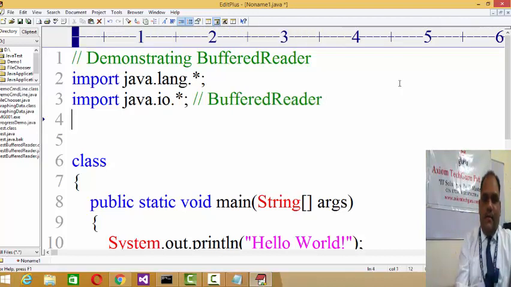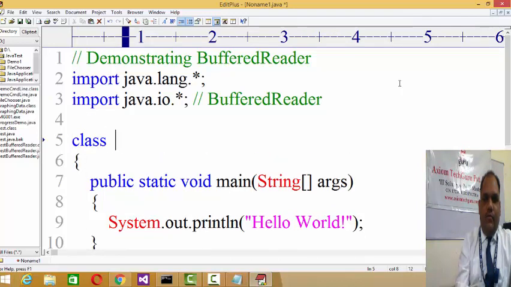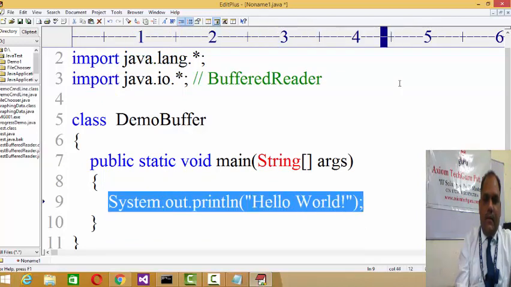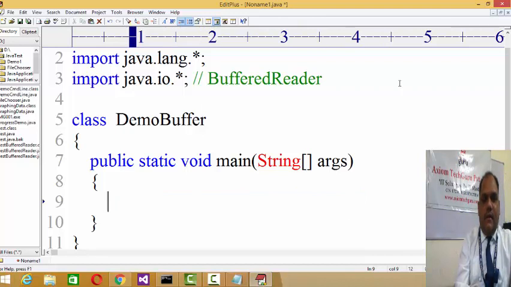Okay. I'll be writing a code for demo buffer. The code I am writing is by the name DemoBuffer. Now the class is BufferedReader.